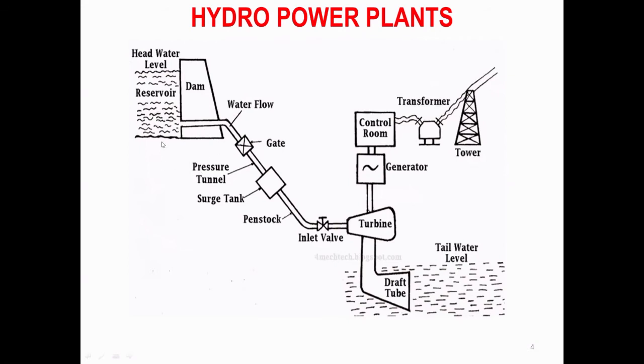So potential energy here, kinetic energy here, mechanical energy here, electrical energy here. So the mechanical energy produced by the water is converted into electrical energy. This we understood here. After doing the useful work, water is discharged from the turbine through a water way to the tail race through a draft tube. So from here it gets stored here, and it can be pumped back here for reusing. So this is about the working of a hydroelectric power plant.